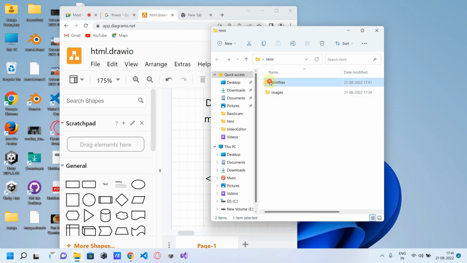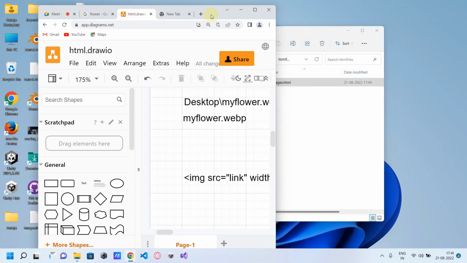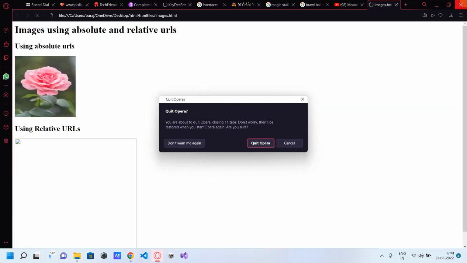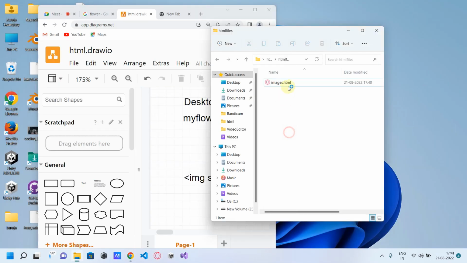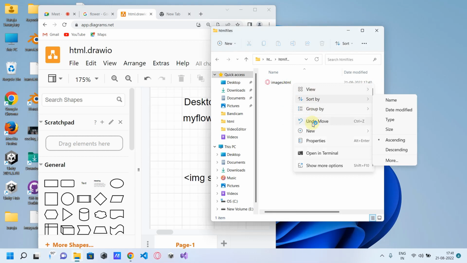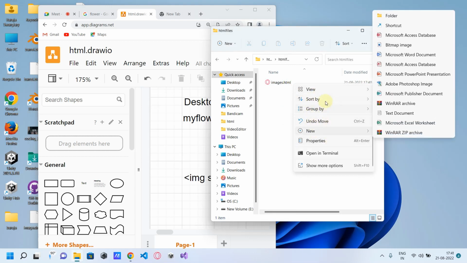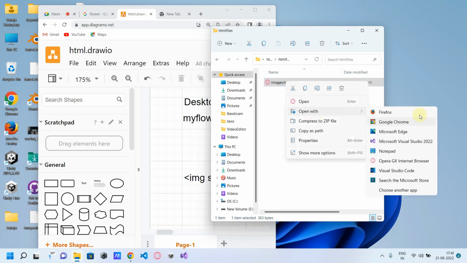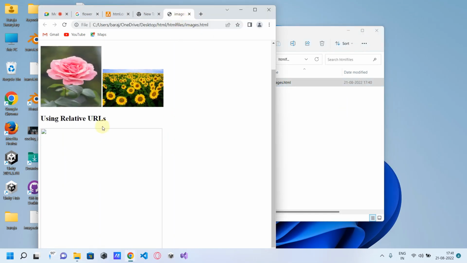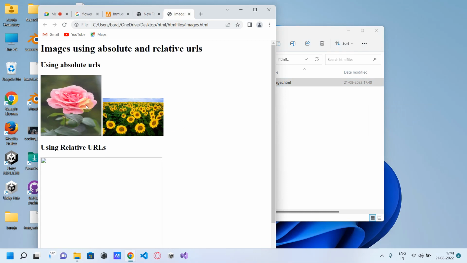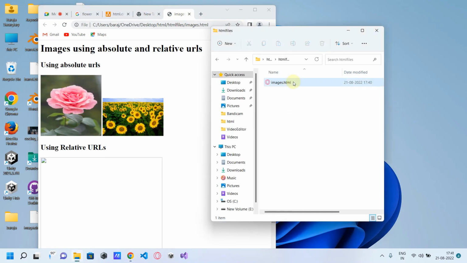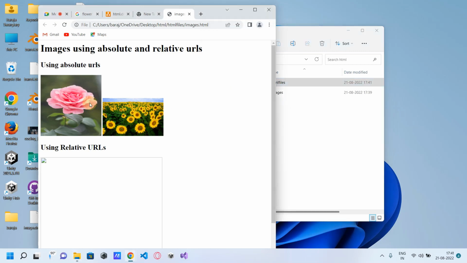Let me go to HTML files, then click images.html. Okay, it opened in another browser. Open with. This can be a confusing concept in the beginning. Wait a minute. Right click, open with Google Chrome. So this image again stopped working, but you can see that this absolute URL is still working. It's surprising. Even if you move this images.html file somewhere else, the absolute URL always keeps on working,